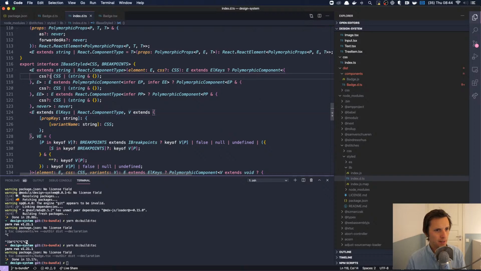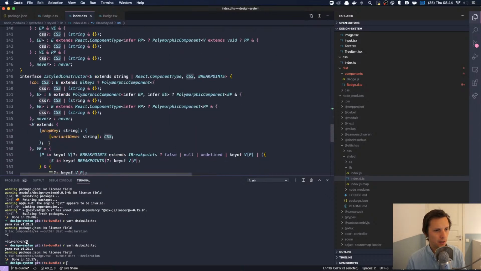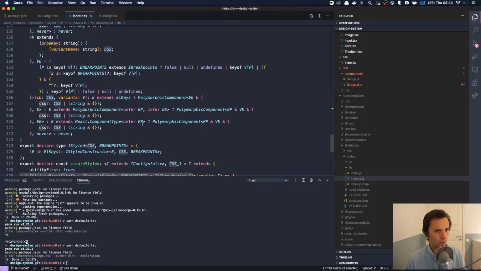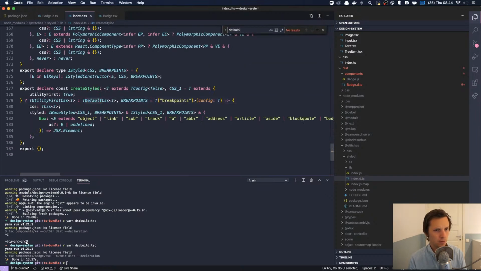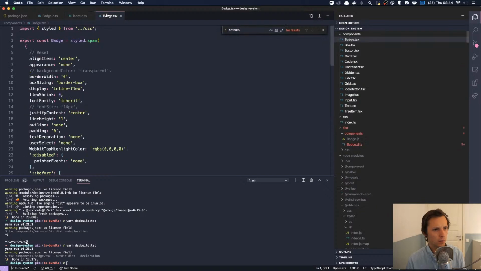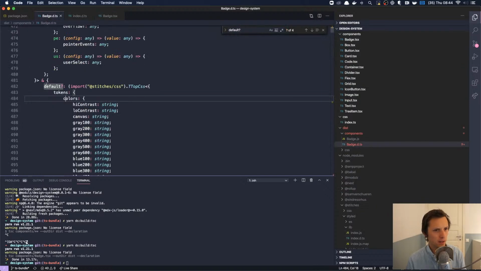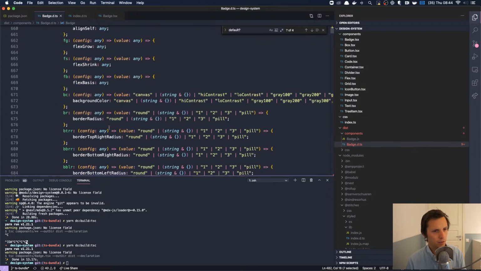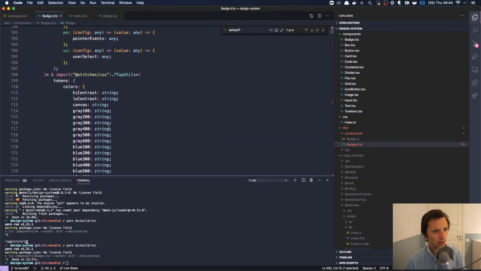So this is the CSS property, but there's also a default one. But there's no default here. What the hell is that thing? Maybe if we scroll down, I'll understand it better.